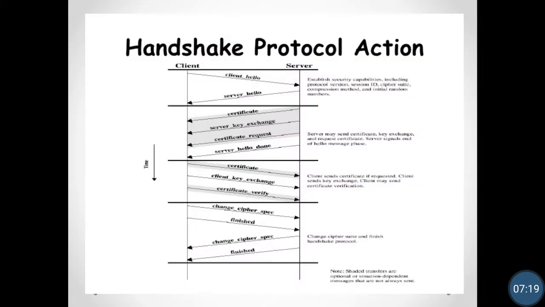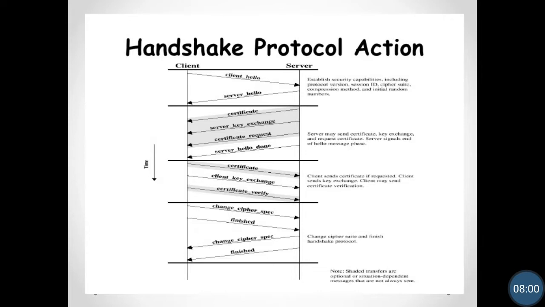To understand the phases of the handshake protocol, we will see this diagram. In this diagram, we divide each phase with a horizontal line. So it has a total of 4 phases. In the first phase, the client sends hello to the server and the server replies with hello. Parameters associated with this phase number 1 are establishing security capabilities, including protocol version, session ID, cipher suite, compression method